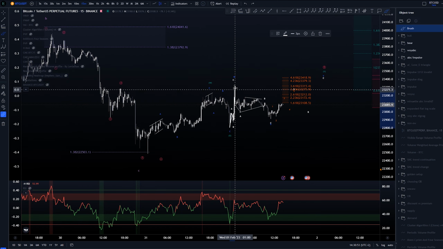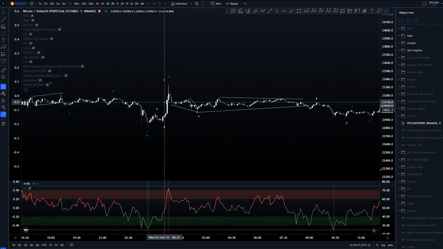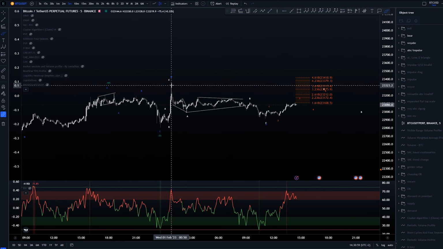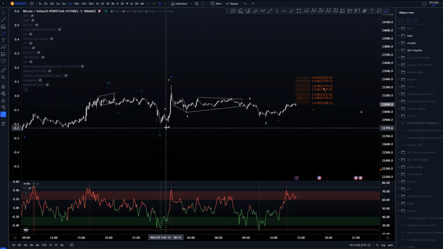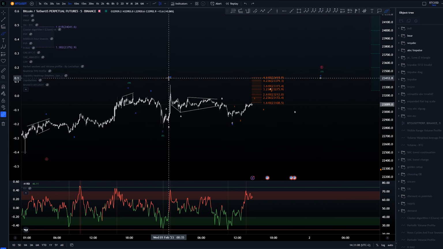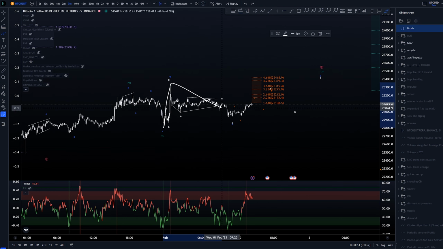At this moment, I do think that this was an ABC, although it is super, super extended. If it was a 5-wave move, I would have rather seen something similar to this as a sideways move and then one more up. As we did not have that, I think we have a potential of having this as a C wave end instead of a third. So again, we would have this as a WX.